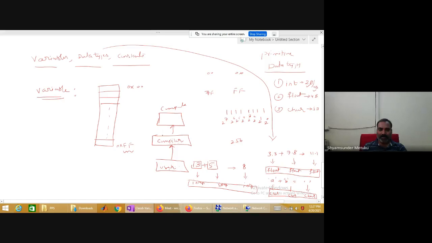Okay, before I start discussing the variable, I'm just trying to explain what exactly a data type means. Is everybody clear with the data type? It is a type of input which needs to be performed by a computer for some operation where the user is expected. So that information must be given to the computer or compiler. You tell me.